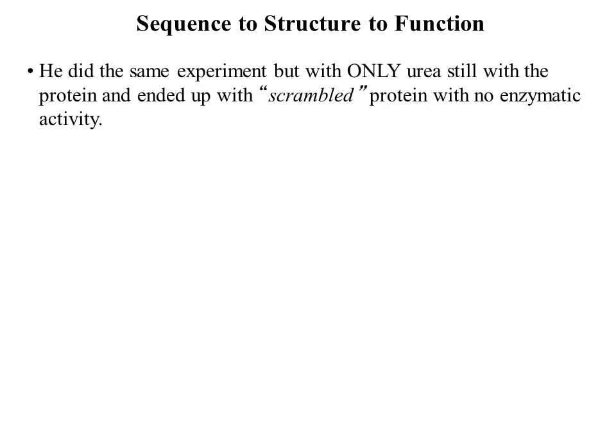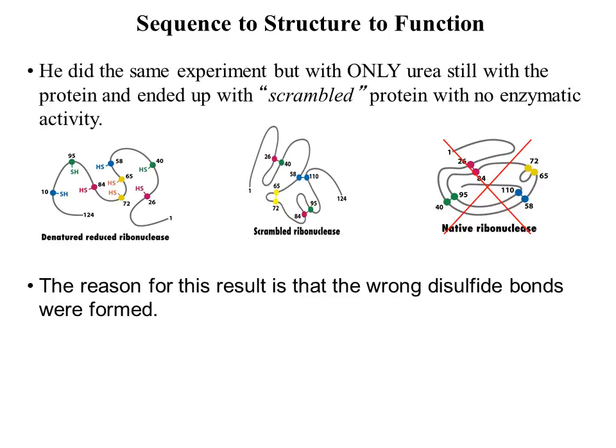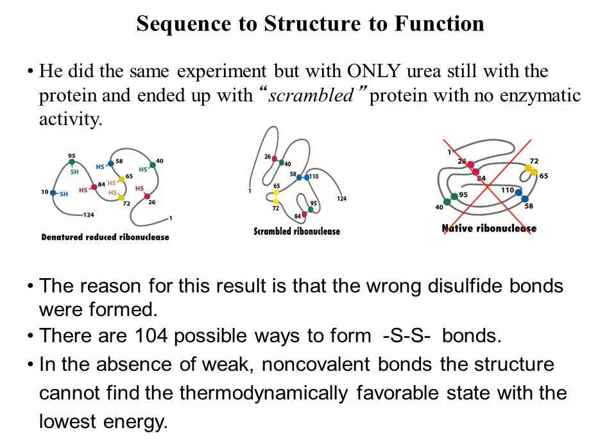The urea stayed in very small portions, hence binding the amino acids towards each other. And what happened is he ended up with what we call a scrambled protein, non-functional. Why? Because you have many different combinations of cysteines that can bind to each other. When you eliminated the weak bonds, the cysteines just formed randomly. And that's about this one. So really, this is the idea here. Now I want to turn